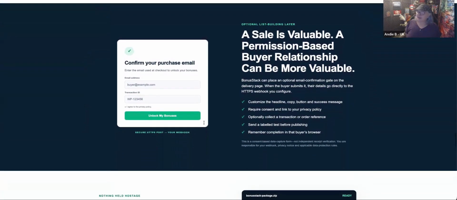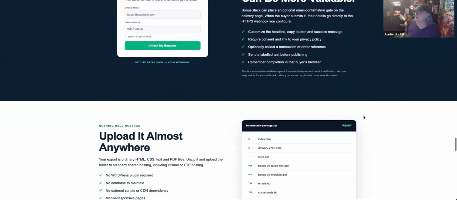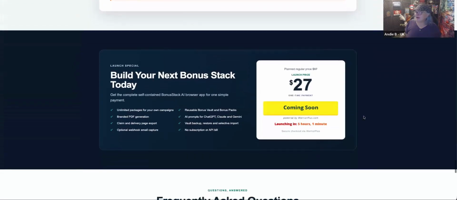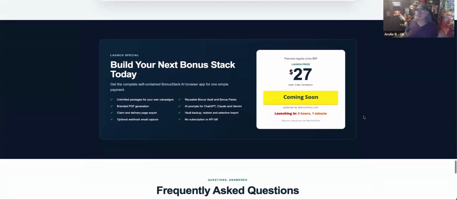On the sales page there, you can see what happens if you set up the confirmation of email. That's what they'll see first, and they have to put the details in and click the unlock button. You can host them absolutely anywhere. You don't have to be a designer. And the special launch price at the moment, we're a few hours from launch,